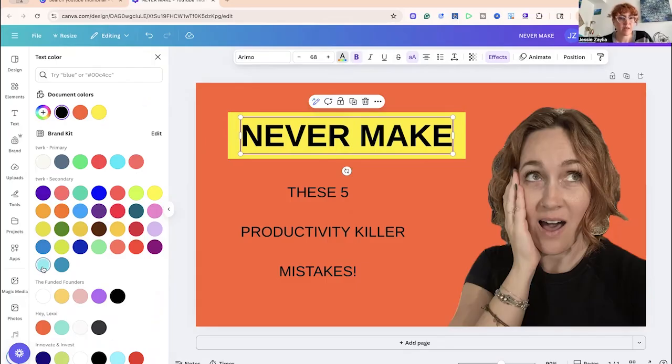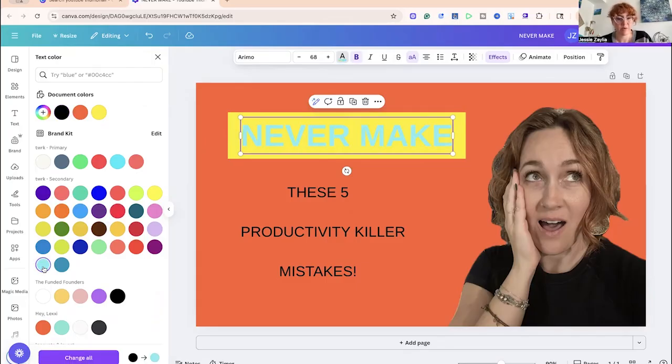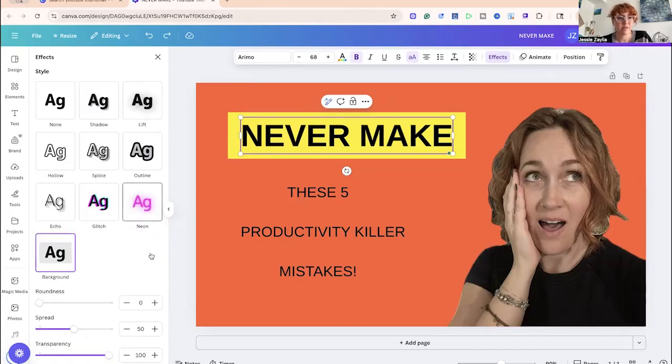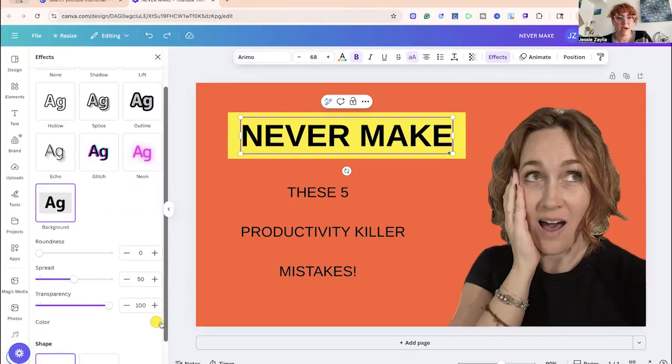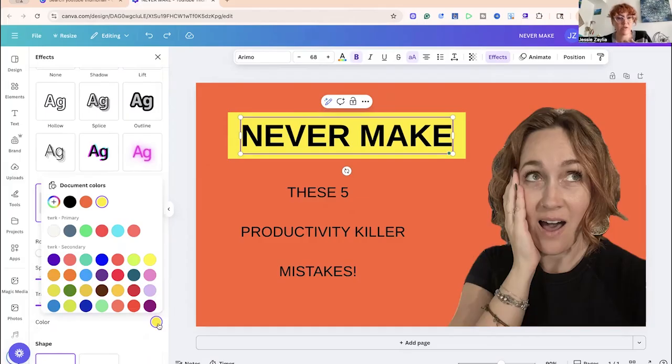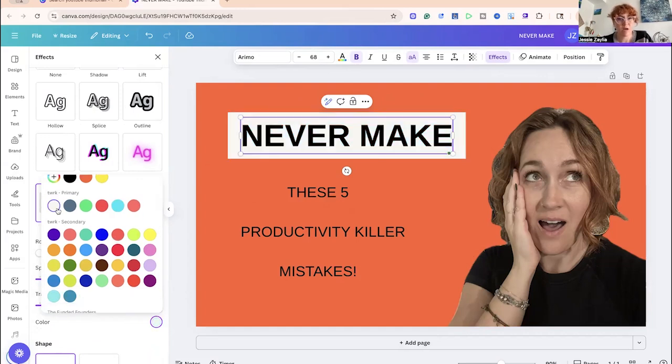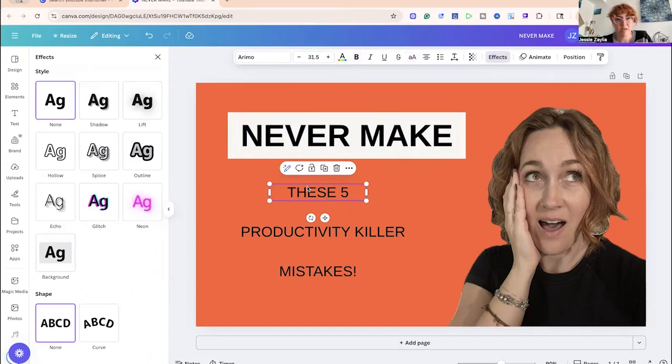Let's see, for my branding, maybe I would do, oops, that's not what I wanted to do. Control Z that. Control Z is a quick way to undo something. I should have stayed on effects. Okay, so you're on effects and you want to change the background color. You scroll down, you click the little color button right here, and then you just go ahead and change that background to whatever you want. I kind of want a little more contrast, so I think I'm going to go ahead and just make it